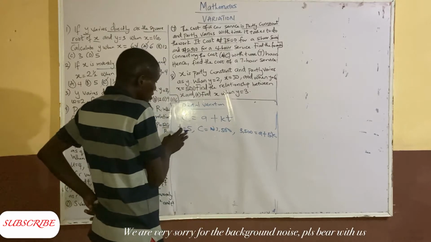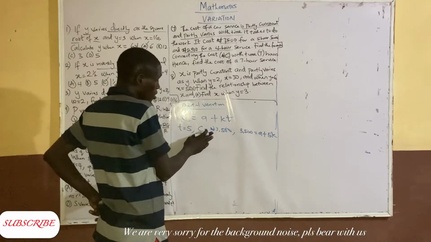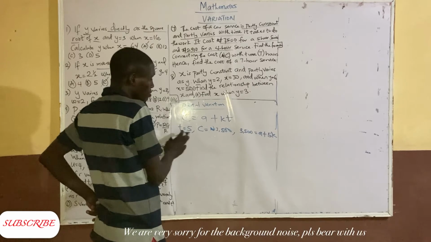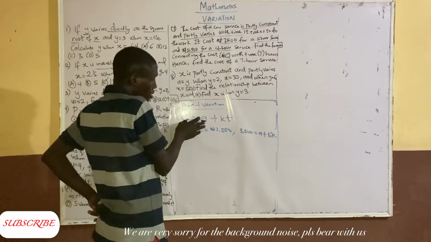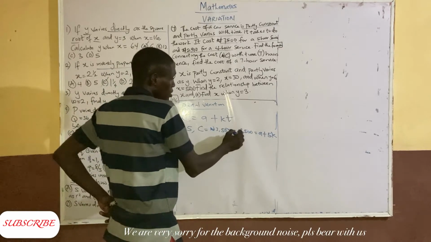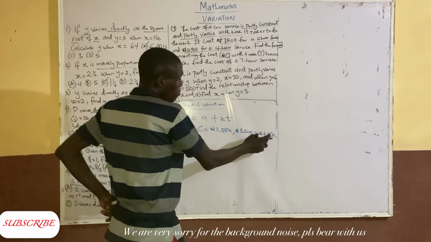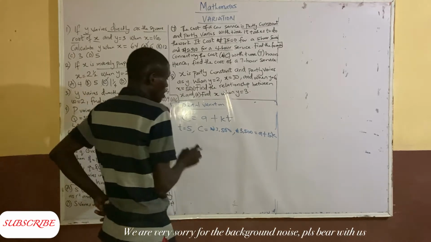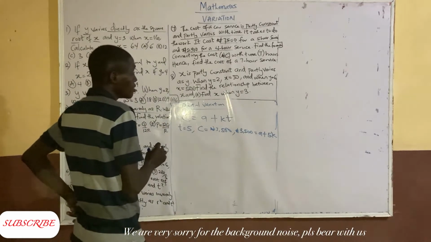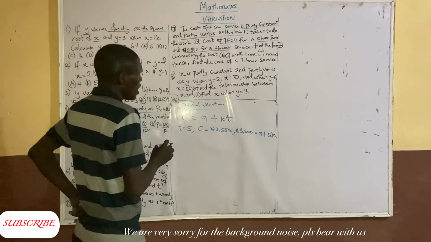So when T is equal to 5, the cost for 5-hour service is 3,500. So substituting 3,500, our cost is equal to A plus 5-hour times the constant. So that's for the 5-hour service. Please note that. And also for the